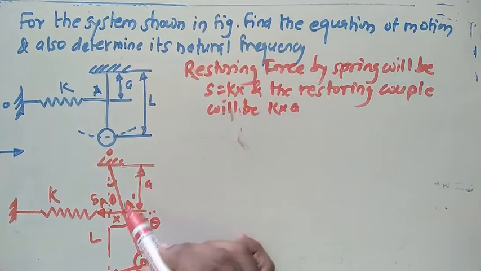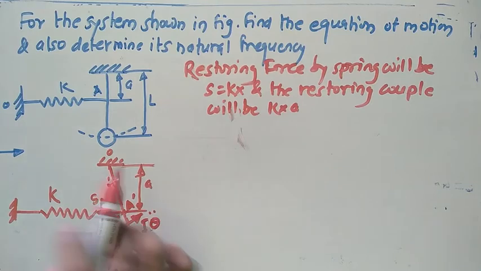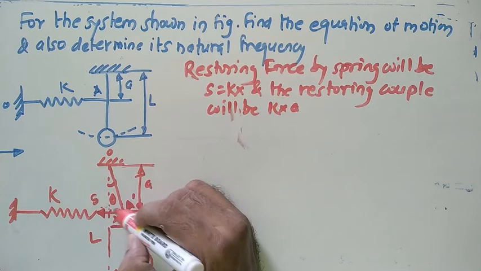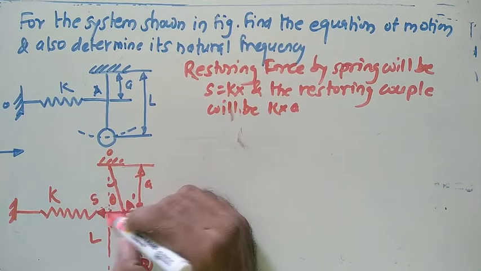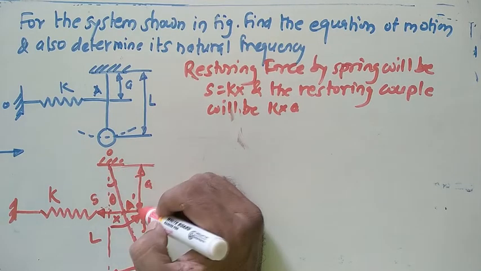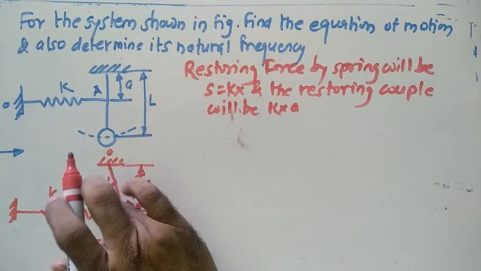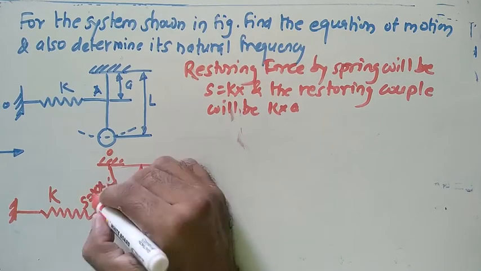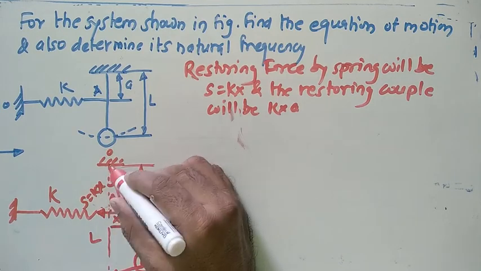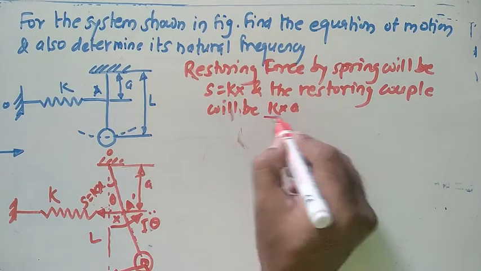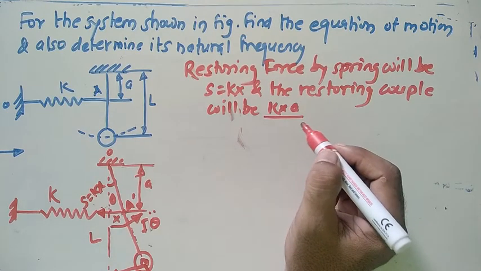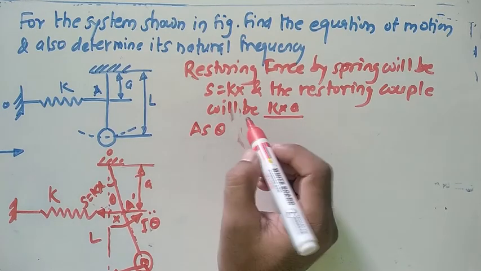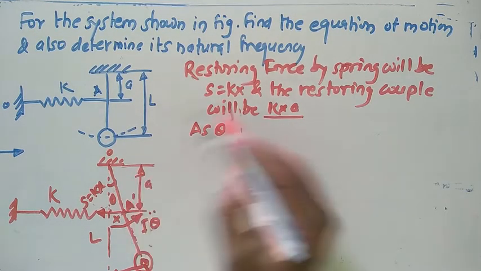Here you have to take the moment of this S, the spring force, about this point. This distance with us is a, and this spring force is k into x, so k into x multiplied by this distance is nothing but the restoring couple. As theta, this angle, is very small,